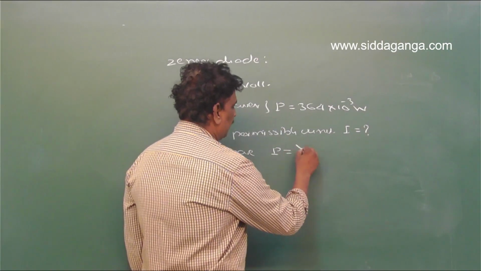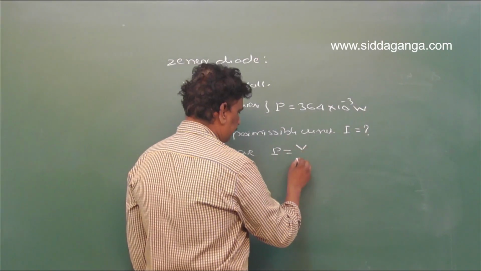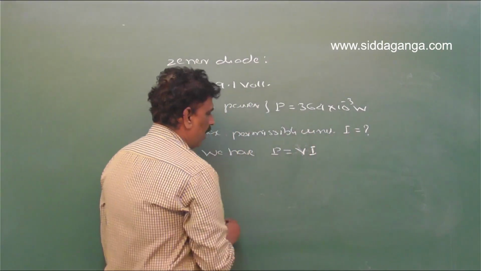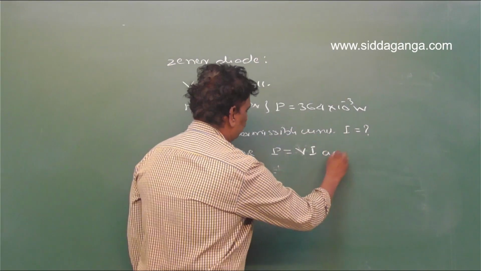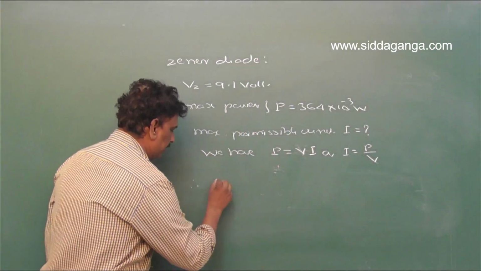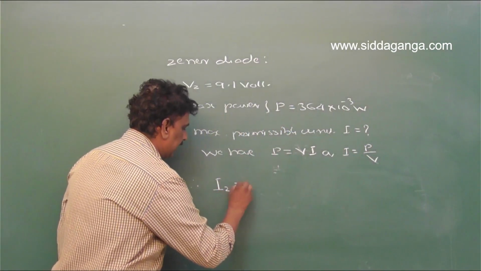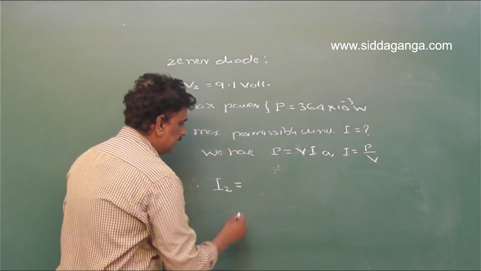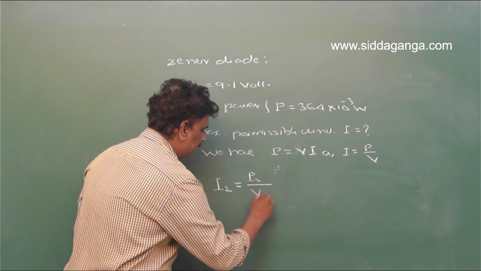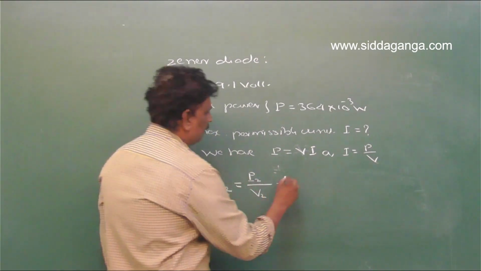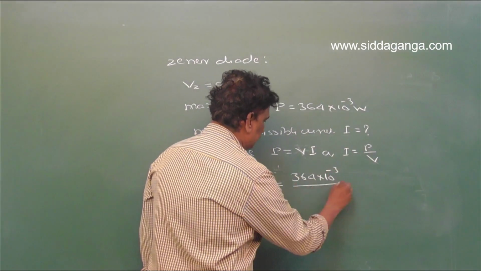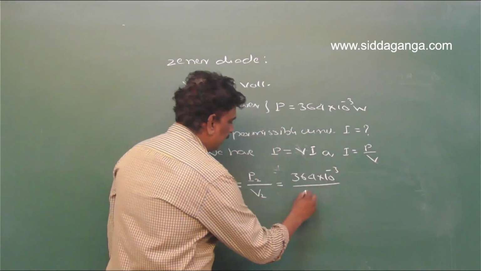This is equal to V into I, or I is equal to P by V. Therefore, the maximum current in the Zener diode, IZ, is equal to the power across the Zener diode divided by the reverse voltage across the Zener diode, that is 364 into 10 power minus 3 divided by